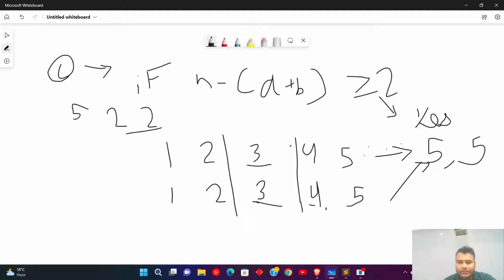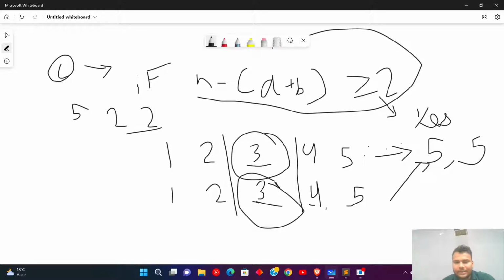So here at least two elements should be present to make both permutations have the same suffix and prefix at a and b. That's why the condition is n minus (a plus b) should be greater than or equal to 2. And the second condition is,